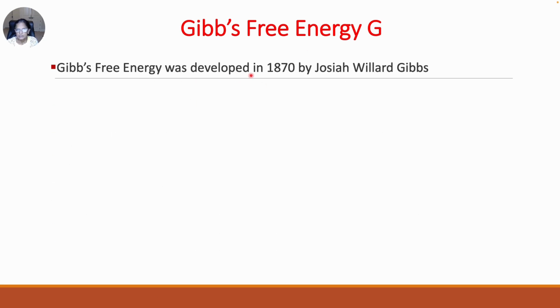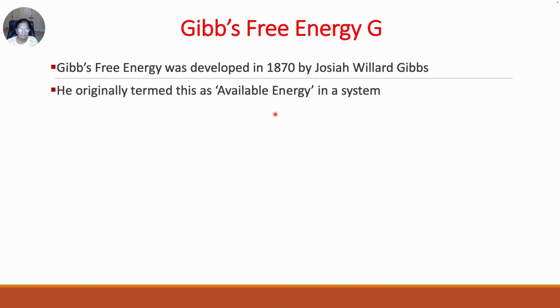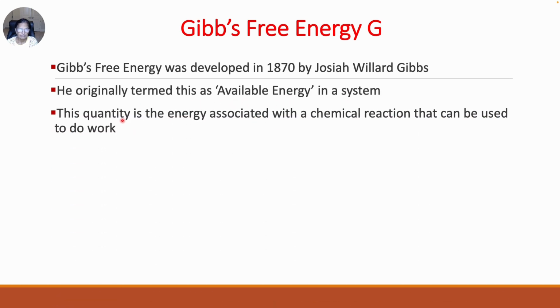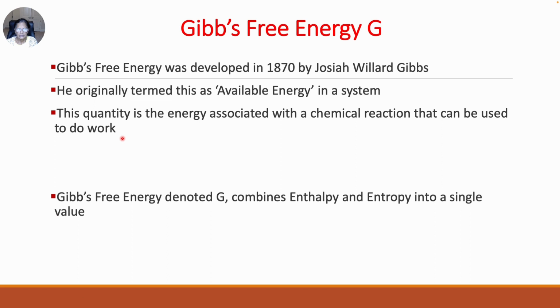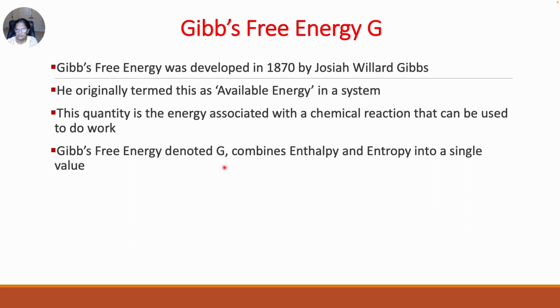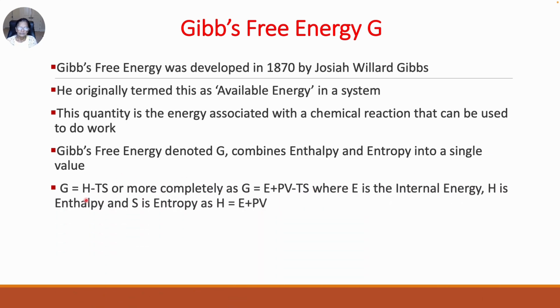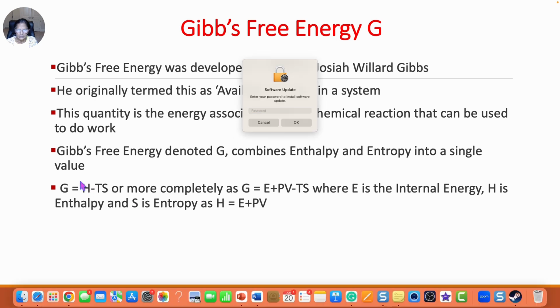Gibbs free energy was developed in 1870 by Josiah Willard Gibbs. He originally termed this as available energy in a system. This quantity is the energy associated with a chemical reaction that can be used to do work. Gibbs free energy is denoted by capital G, and combines enthalpy and entropy into a single value. G is equal to H minus TS, or more completely, since enthalpy H is equal to E plus PV,